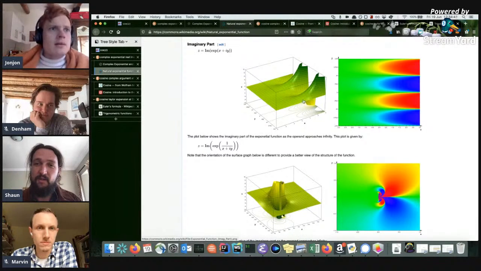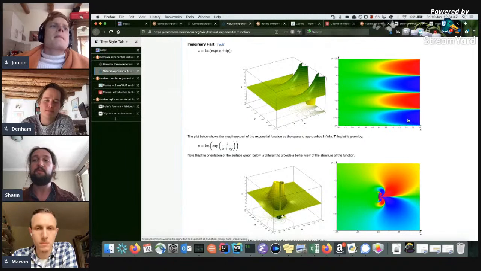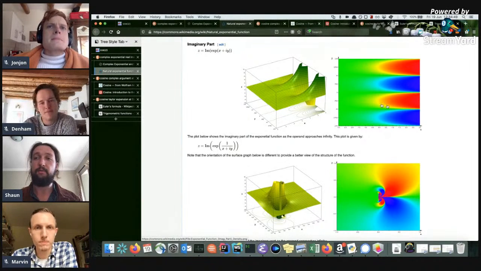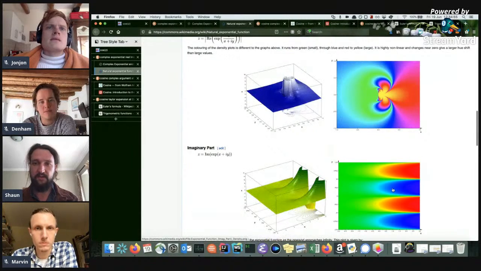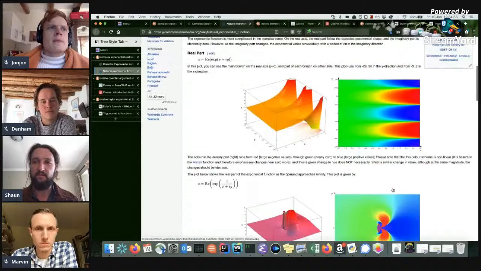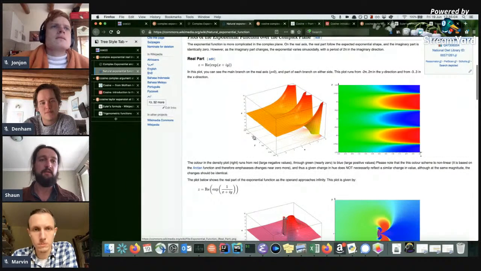This piece over here that my mouse is running over, that's the blue over there. And then the red is very negative. So the blue here, I think, is positive, and the red is negative. So then we have this alternating pattern. Well, these alternating hills, I'm just going to call them hills for lack of a better term. And we have a very similar pattern here, right? Yeah. So anyway,